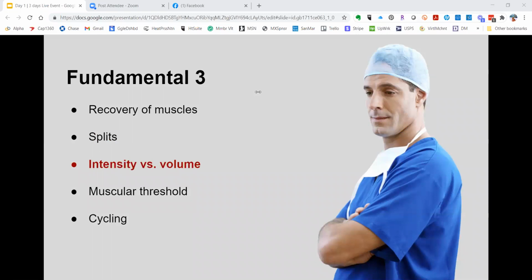The next fundamental is the intensity versus the volume. So by definition, intensity has to do with work divided by time. So the volume, the total volume for your workout is your reps times your sets times your weight. The longer it takes you to do something, the lower the intensity by definition. And typically, I go with a higher intensity model versus a higher volume model. The exception would be for a sport or activity where you need a lot more endurance and volume to train for a particular activity. But just for general conditioning, a higher intensity, lower volume works very well.